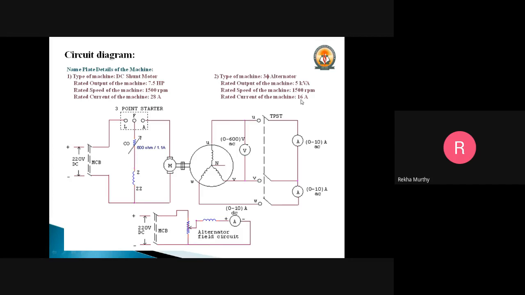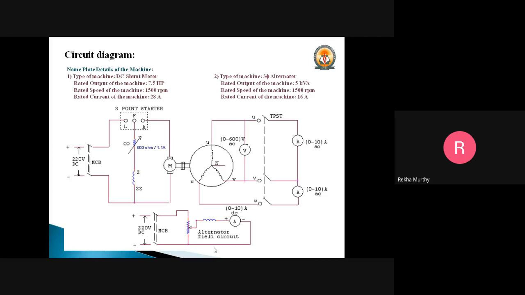Why do you prefer that? Because the specification of this alternator's rated output current is only 16 amperes. So we prefer the 10 amps, which will be more preferable. And also, in addition to that, the DC supply should be given to this rotor, where a DC ammeter should be utilized. Now let us move on to the